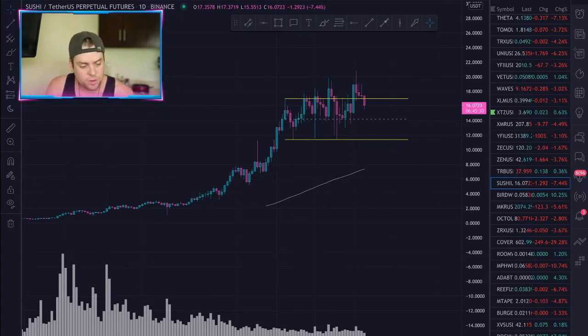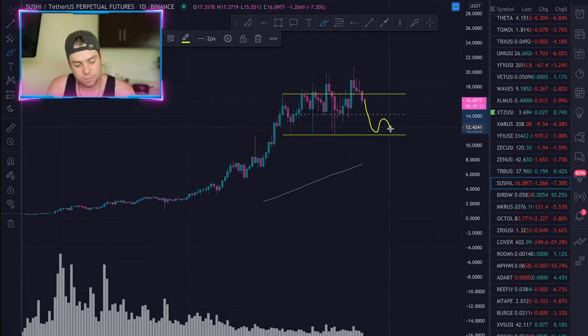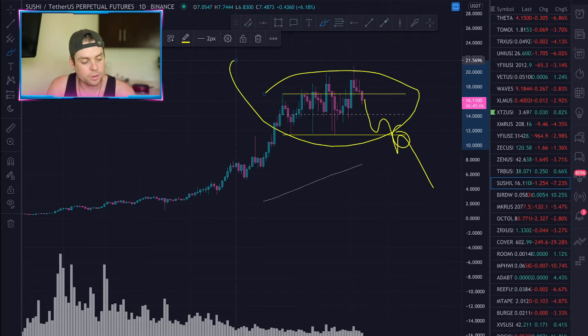So if you are in Sushi and you're in it for the long haul, and you're willing to put up with a lot of the short-term volatility, then do so. But there's nothing wrong with shaving a little bit of profit off of this asset. I think we could be up here for a little bit longer, but definitely if we start to break down inside of the range, you're going to want to consider maybe an exit somewhere there if we start to break structure of the macro accumulation or the macro potential distribution.